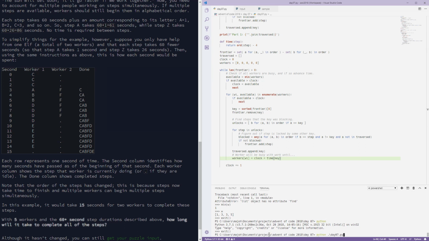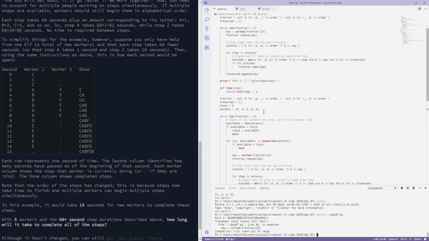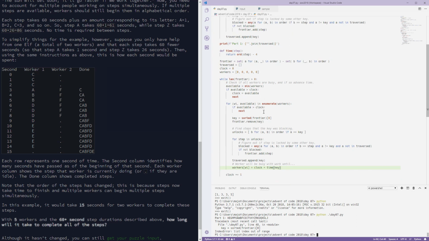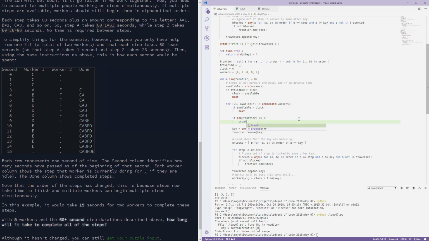Does this compute? List item range sorted. Because I'm not doing that. I'm doing that up here, yeah. The workers can make the work available. We break out of the loop,